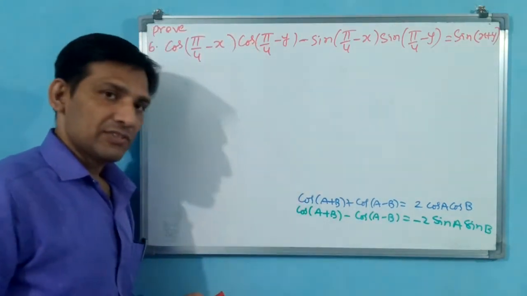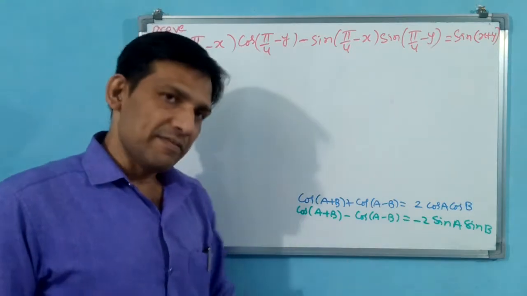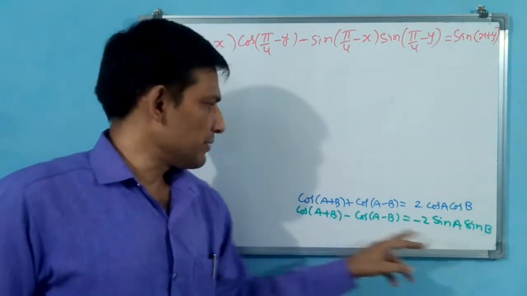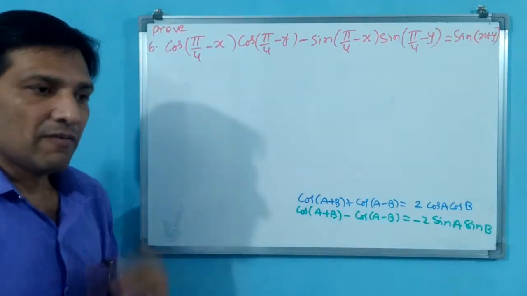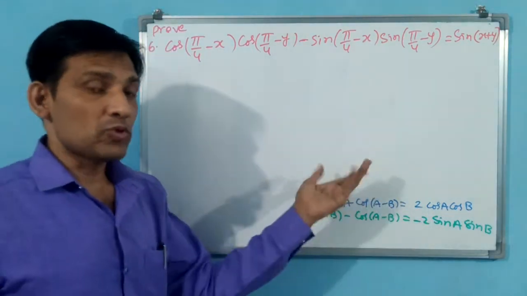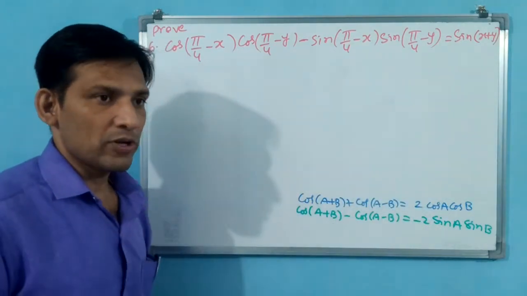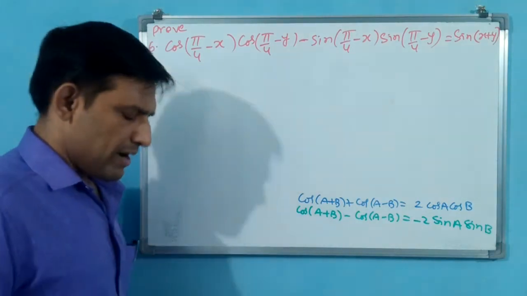Okay. For cos only, cos sin will come. If we put minus 2 sin a sin b, if we put plus 2 cos a cos b will come. Okay, cos only. For sin a cos b, 2 sin a cos b will come, or 2 cos a sin b will come. Okay, that you have to keep in your mind. Those 4 formulas you have to learn by heart.